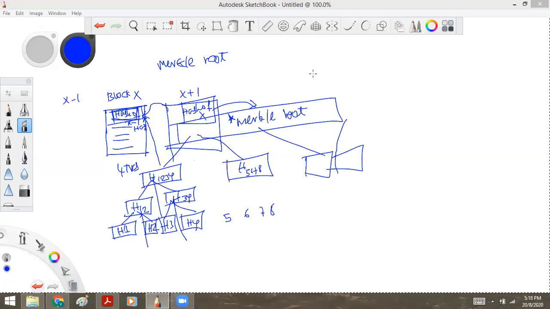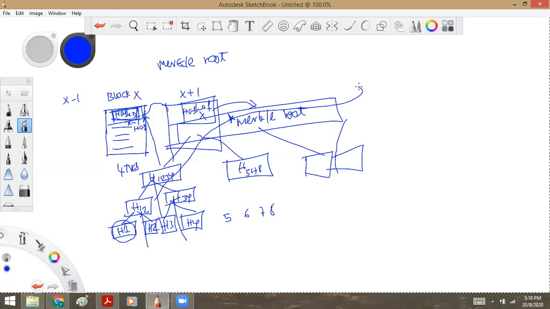So the use of Merkle root is every time new transactions are verified, the verification. Say for example, transaction 1 is to be verified. The verification will happen from the Merkle root to this, to this, and to this. So partial verification is a concept. Just by comparing the hash of 1 2 3 4, you can verify H1. So you need not go deeper. Similarly, whether all the transactions are intact or not can be checked with Merkle root.